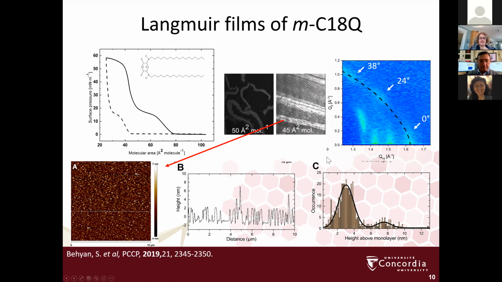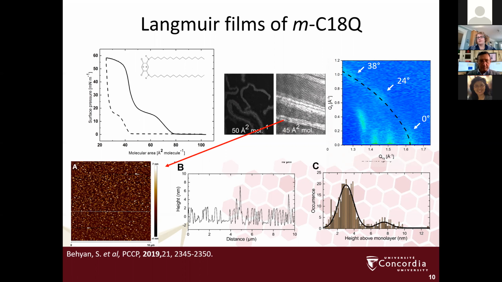So if we go to the AFM, as I mentioned, there are some very regular height differences. And what we did is we plotted these. We did a histogram. And this, of course, is before I realized that Nanoscope would do this for me. So I counted 500 of those domains by hand to get these correlations. And we get these broad distributions centered around 3 nanometers and 7.5 nanometers.